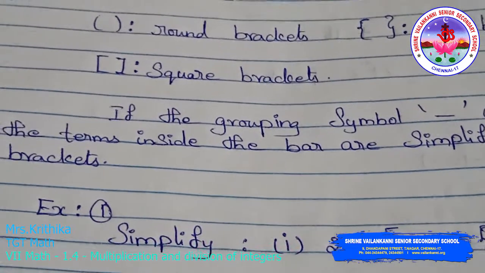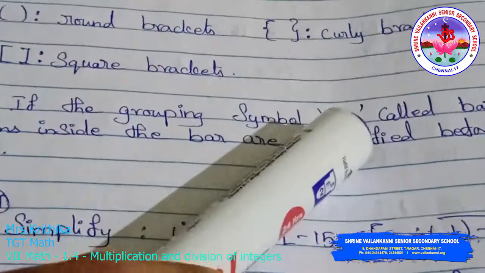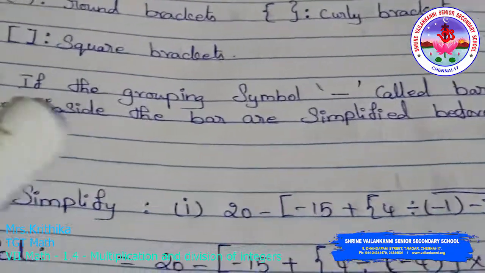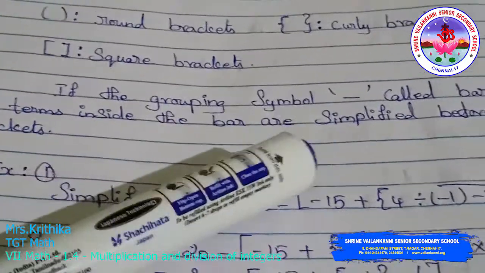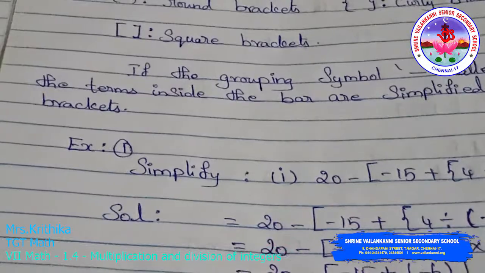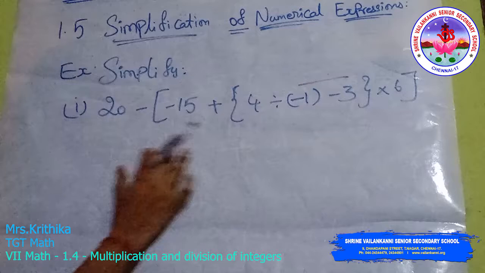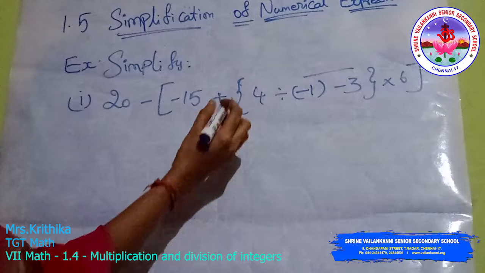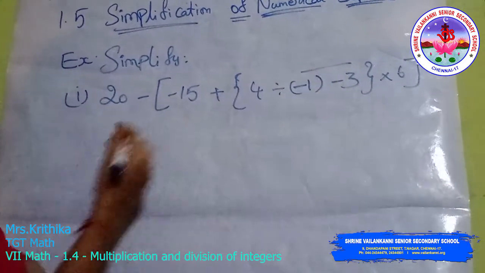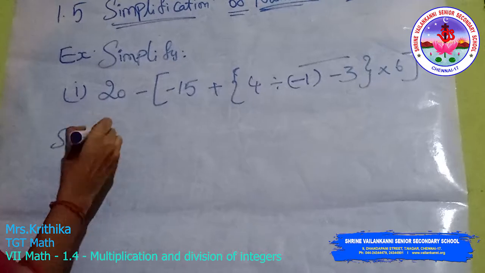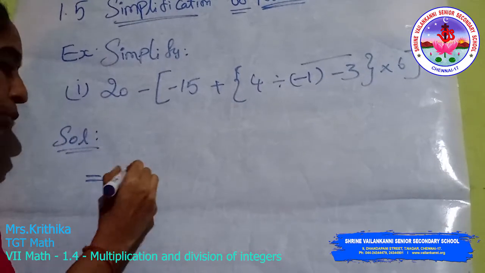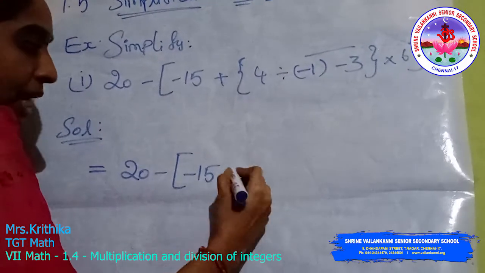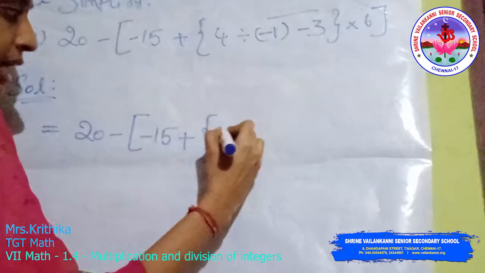Next, if there is a grouping symbol dash, that is called a bar. This is the bar. The terms inside the bar are simplified before the brackets. For example, simplify this expression. This expression has square brackets, curly brackets and a bar also. Let us solve it: 20 minus of minus 15 plus curly bracket 4 divided